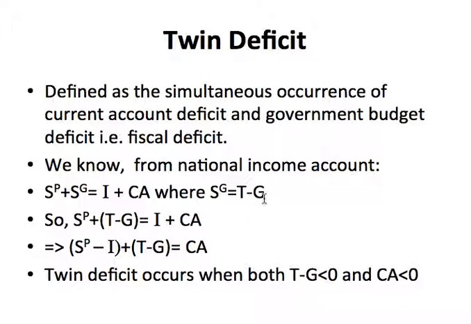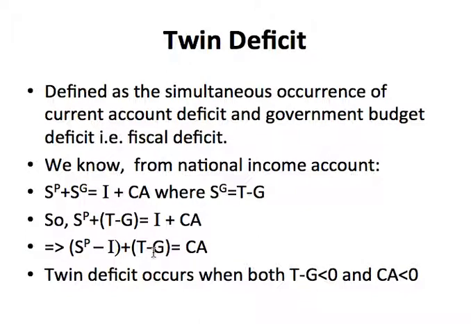So in the next step, we're going to replace this SG with T minus G. So we have SP just as before. We add to that T minus G, that we just replaced SG with, and the right hand side remains the same as it was before. We do a little more rearrangement in the next step. We bring the investment component to the left side, so we have private savings minus investment plus budget deficit,